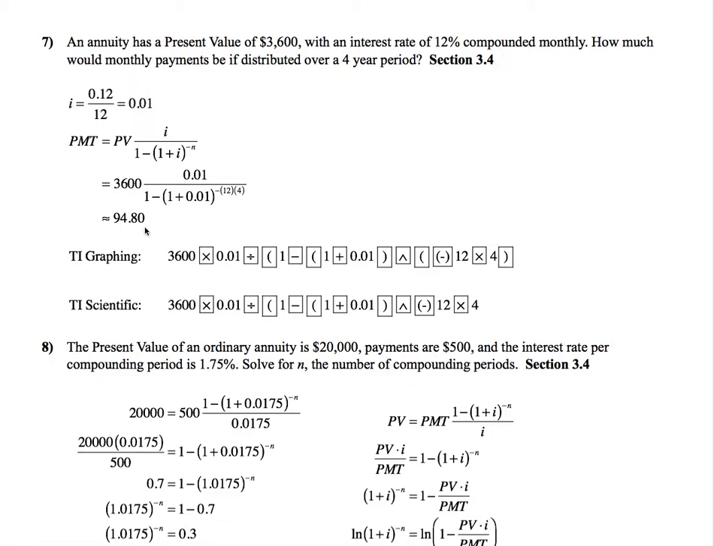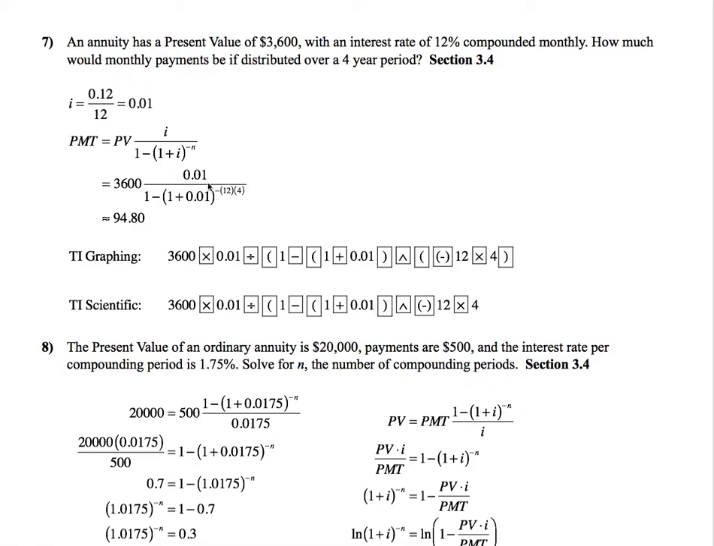Well, the keystrokes for that are very similar between the two calculators, but once again we have a small difference that has to do with how this exponent key is read in the two different calculators. So I enter in 3,600 and then times, so there's a multiplication key, 0.01, and then divide, the division key, and that's 3,600 times 0.01, and then with a fraction, that fraction is